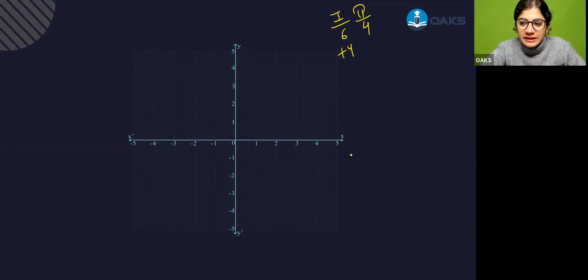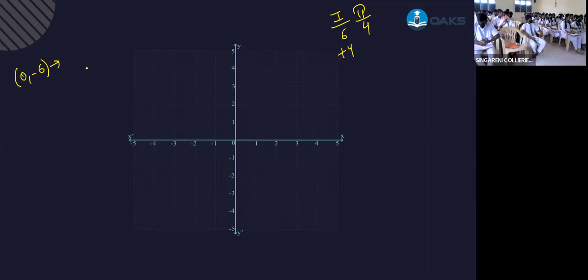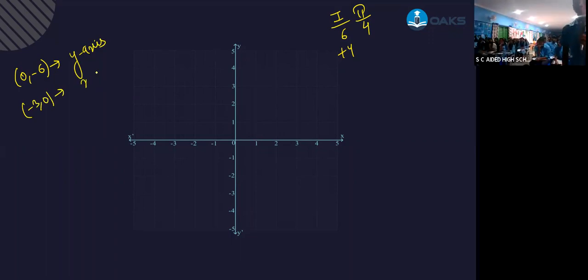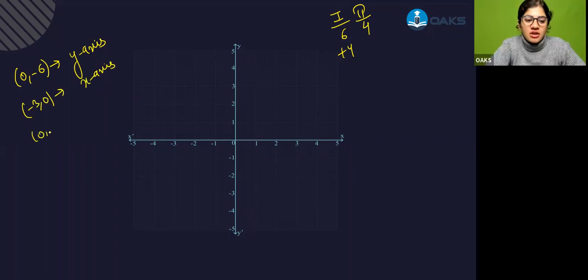You have to tell me their position, right? So 0, minus 6 will lie on your answer. Do not look backwards. Okay, it's the y-axis. Here minus 3, 0 will lie on the x-axis. Okay, so 0, 0 will lie on